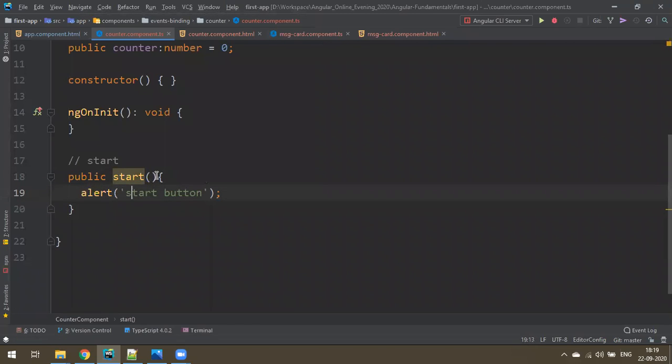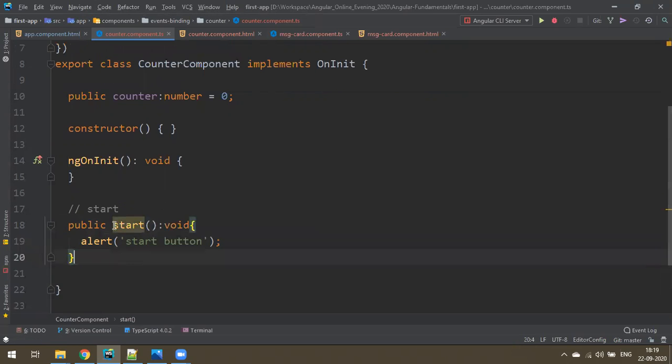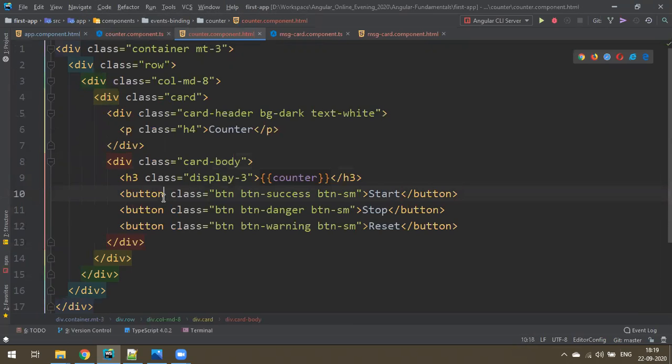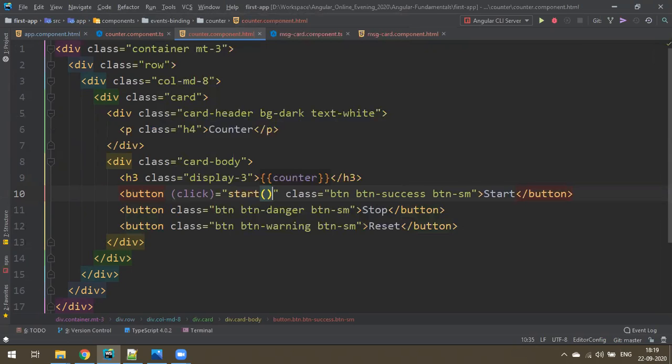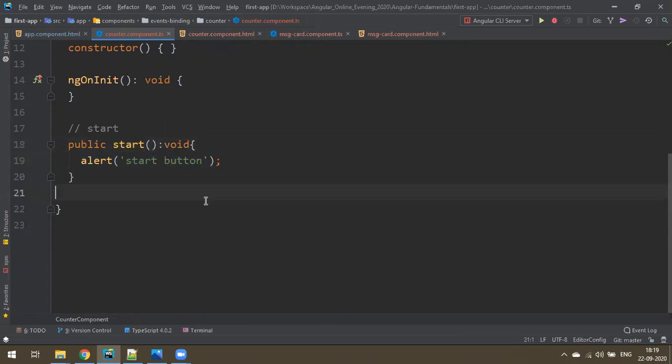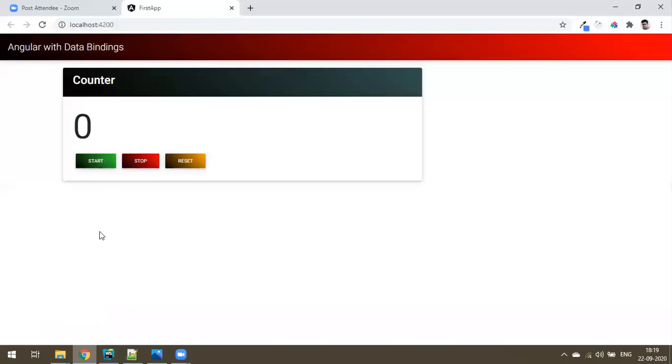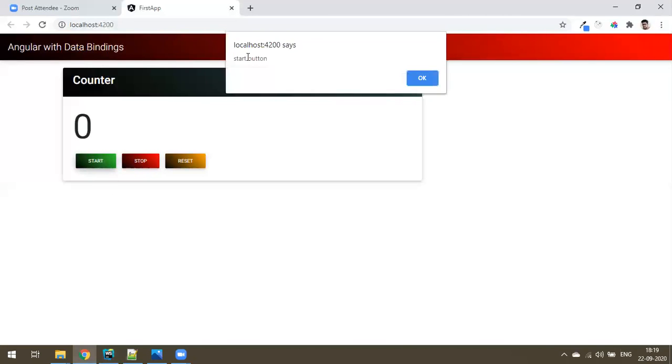Okay, so is of type void, nothing. Okay, I want to call this method when I click on a button. So how to bind a method with a button is, when you click, just say click is equal to start method. So when you click on the button, it's called this, and you get the simple alert. Let's check now. When I click on the button, I got the alert.